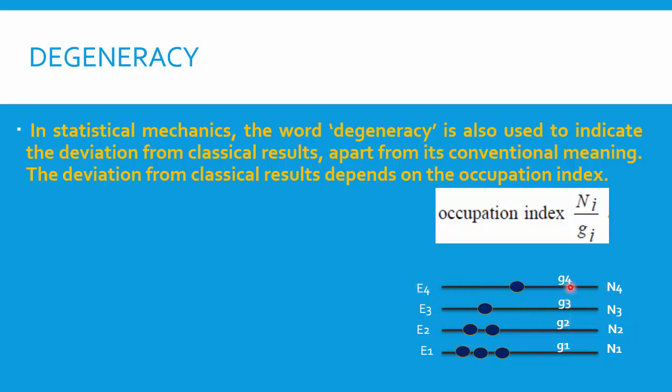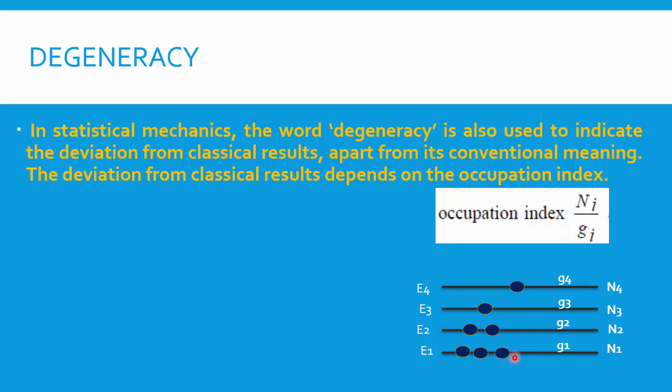Now what are G1, G2, G3, G4? They are called quantum states. As an example, you can consider spin, azimuthal number, magnetic number. So basically degeneracy gives a ratio, a condition between the number of particles and the number of quantum states. Suppose at energy level E1 you have 3 particles and each particle has, let us say, 3 different spin values, then I can say the G1 value, the number of quantum states at energy level E1, is equal to 3.